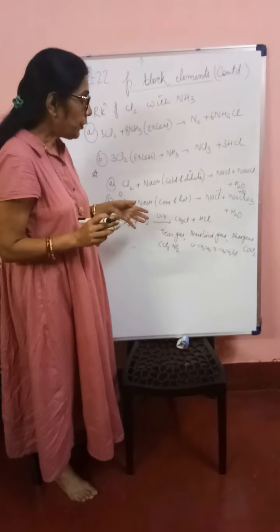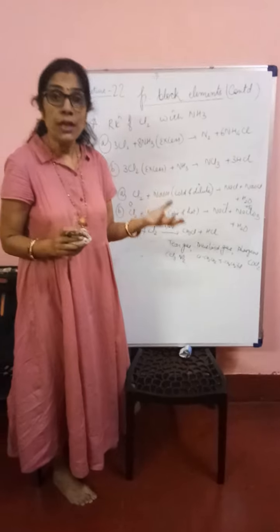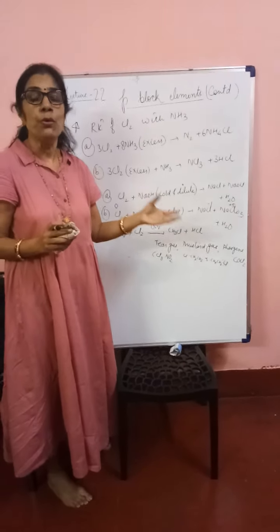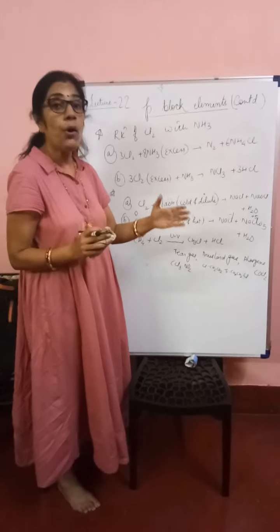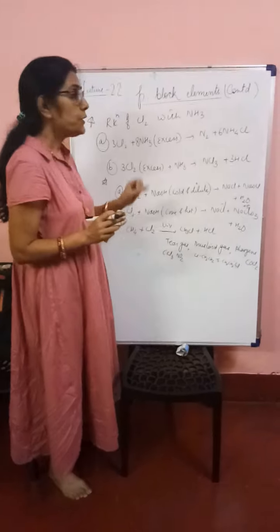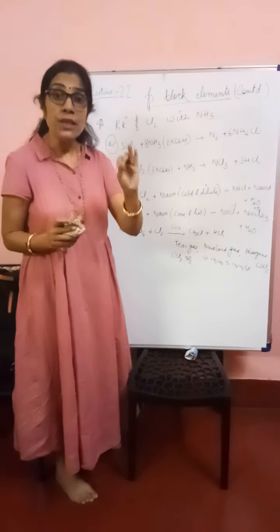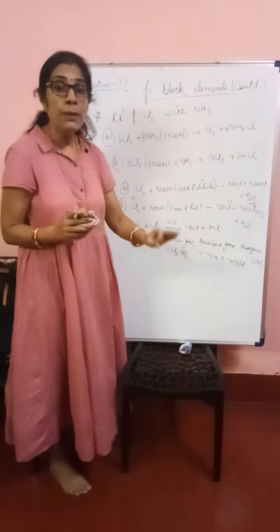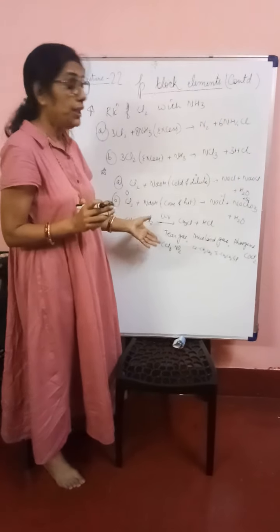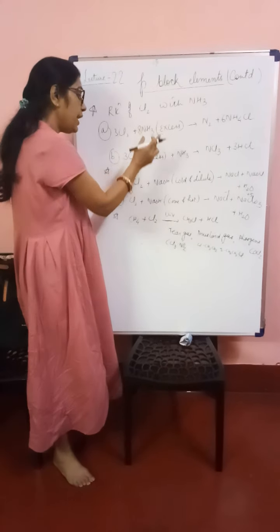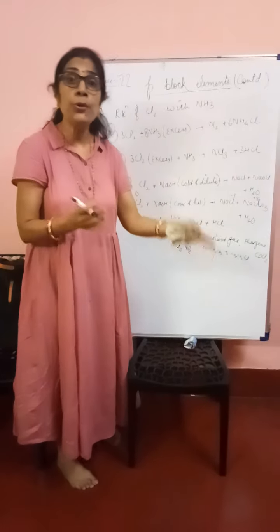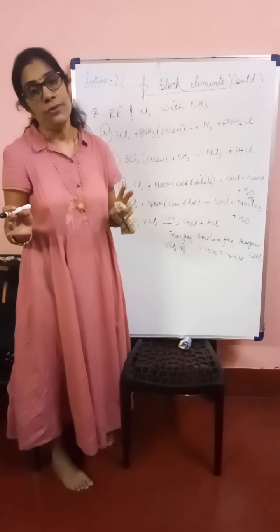So apart from this, it is used to prepare several organic compounds. It is used as a bleaching agent for bleaching wool, silk, then rayon, textile, paper pulp, etc. So these are the uses. So methods of preparation, physical properties, oxidizing behavior, bleaching action, and then uses of chlorine, reaction with ammonia, and reaction with NaOH, that is in 2 conditions, cold and dilute as well as hot and concentrated.